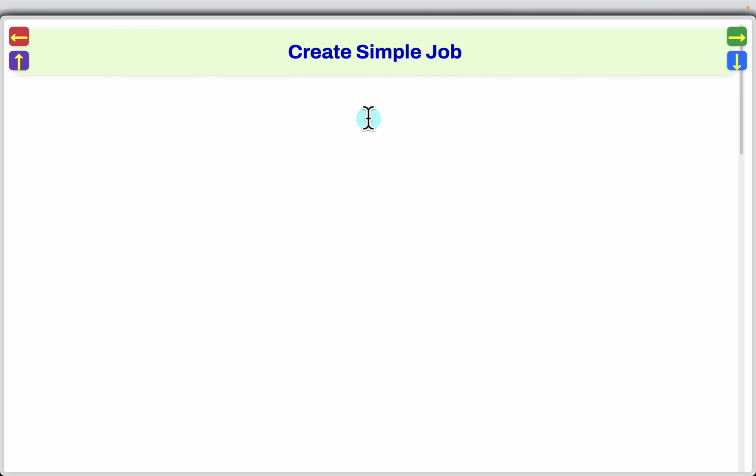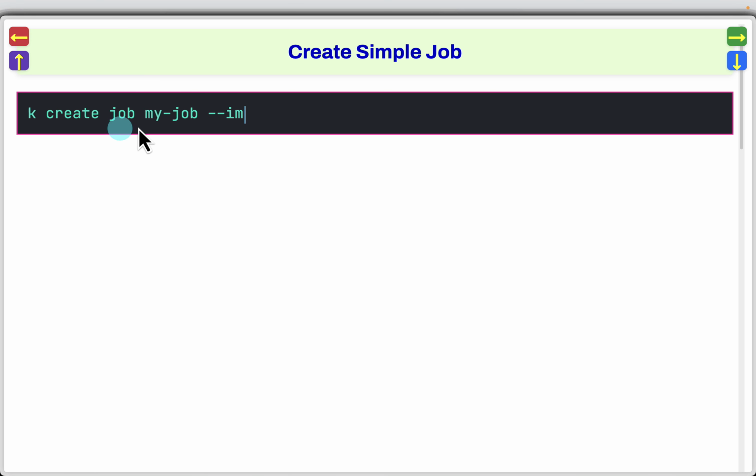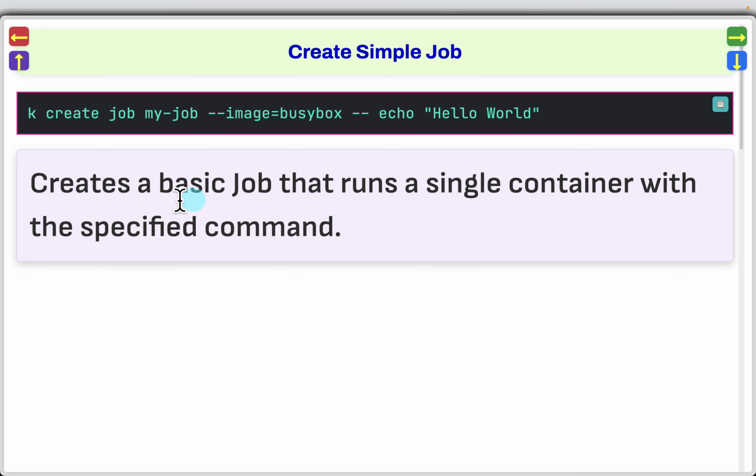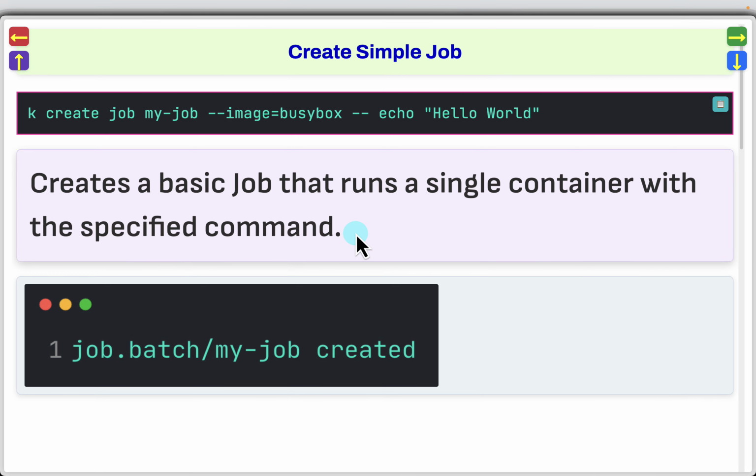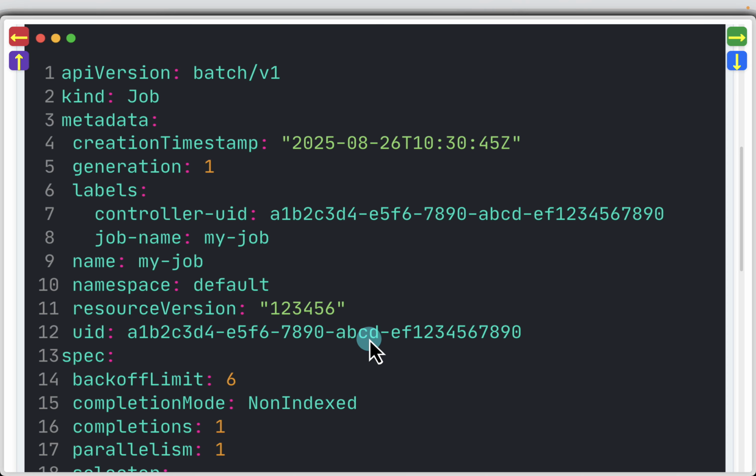Next is to create a simple job. So k create job, job name, image followed by what command you want to run. So this creates a basic job that runs a single container with the specified command. So this will give the output saying that the job is created and the resulting YAML in the system will